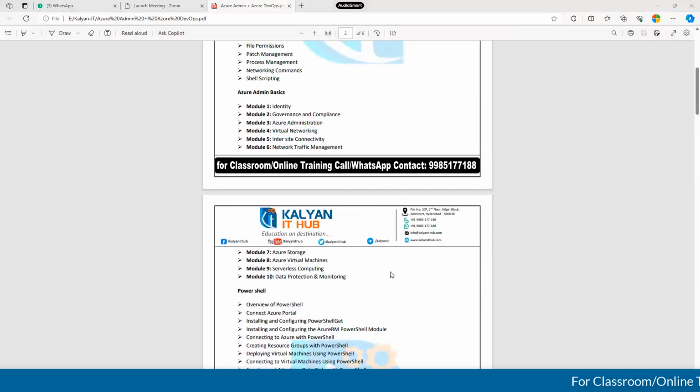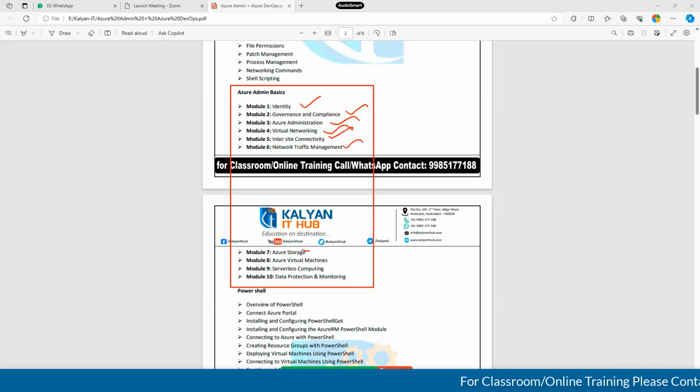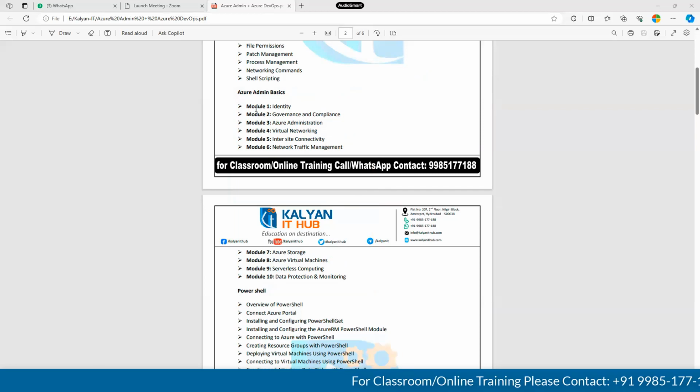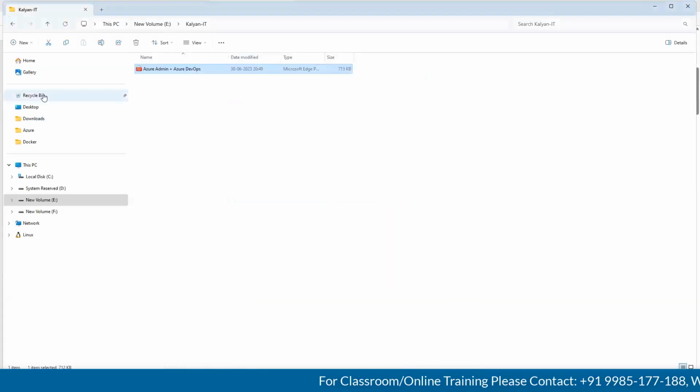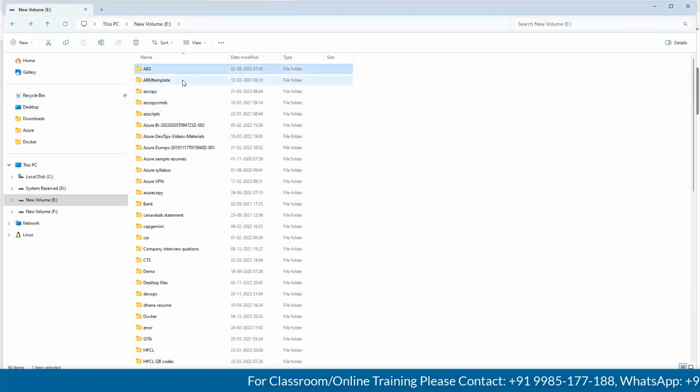If you observe, there are a total of 10 modules: Azure basics, Azure administration basics, identity, compliance, administration, networking, site and internet connectivity, network traffic, Azure storage, Azure virtual machines, and serverless computing. These are all Azure administration. I have elaborated the same syllabus with multiple topics. This is the paper expanded.